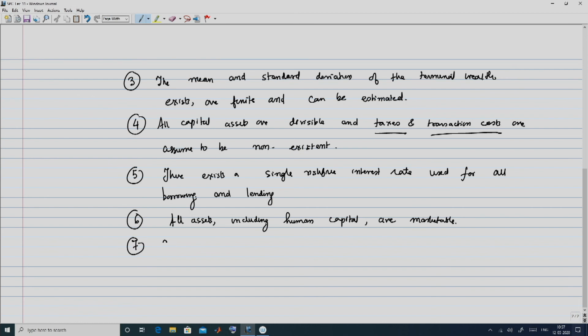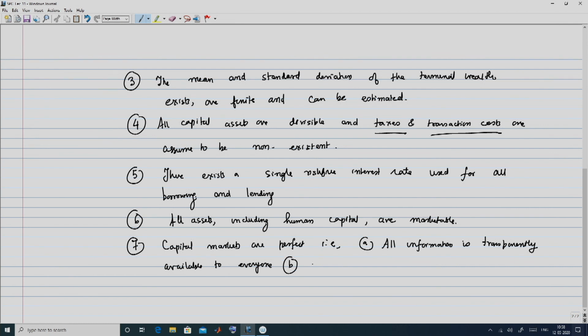7. The capital markets are perfect. So, this term perfect means the following. The first thing it means is that all information is transparently available to everyone. That means all the investors have identical information, then there is no requirement for margin,